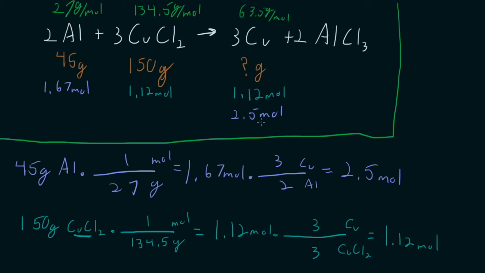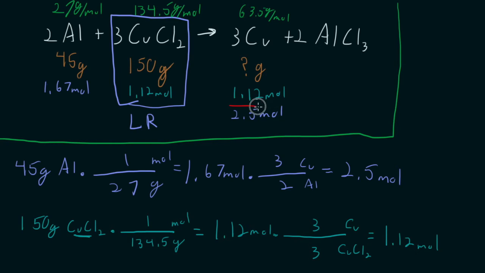So then what's going to be my limiting reactant here? Well, CuCl2, the 150 grams of it, makes less copper than the aluminum would. So that means my copper 2 chloride is going to be my limiting reactant. This guy is my limiting reactant. Great. And so now we need to convert from